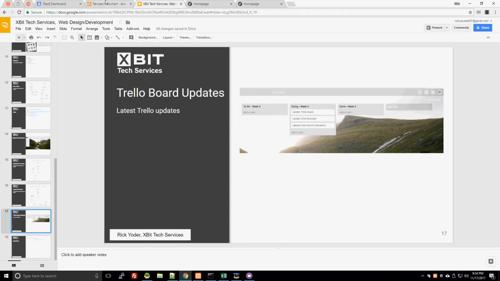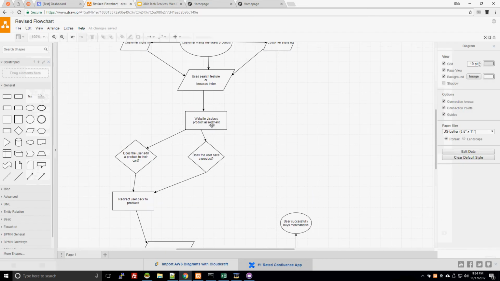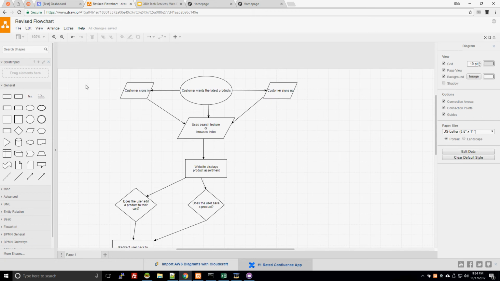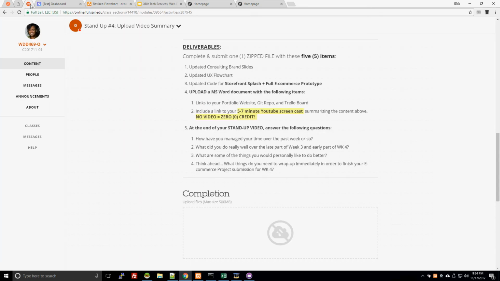And last but not least, here is the actual flow chart opened in draw.io. So this is the latest version. That's exactly what I just had in my slideshow there. Now, for the closing questions,